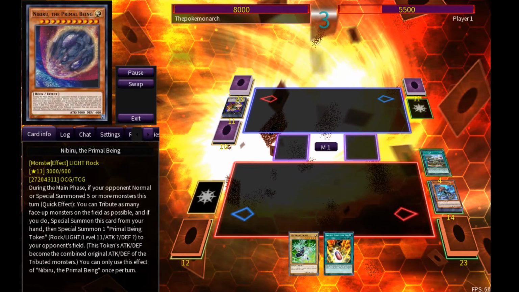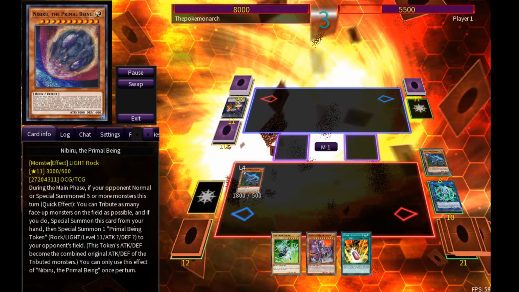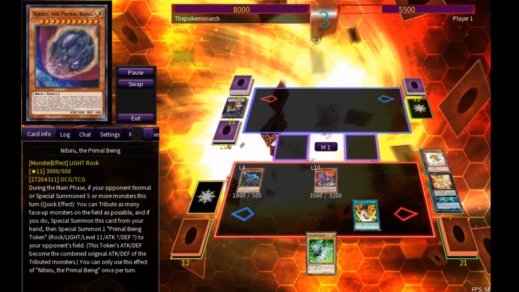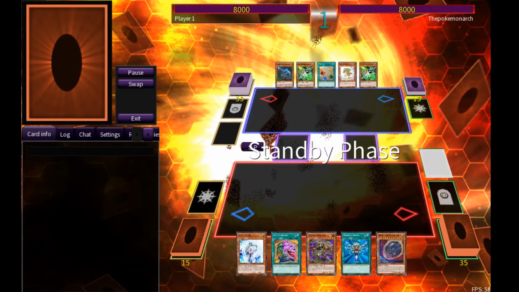Evolution Pill to our hand. We use our Misk. We actually get rid of their Zeus, then use our Misk, then summon Oviraptor, then bring a Conductor to our hand, summon the Conductor, and use Pill to bring out the second Conductor Tyranno in order to hit for game. In game number 2,